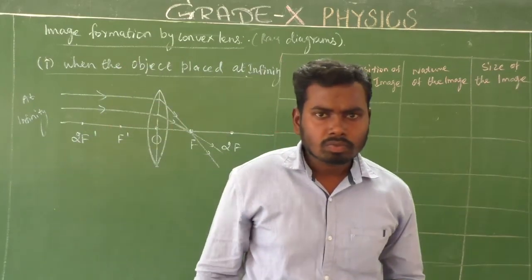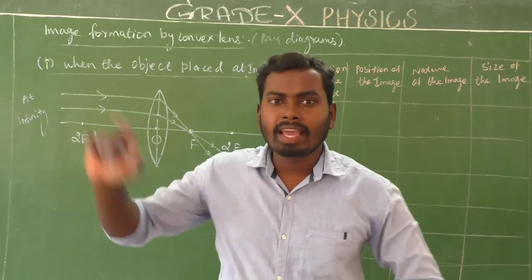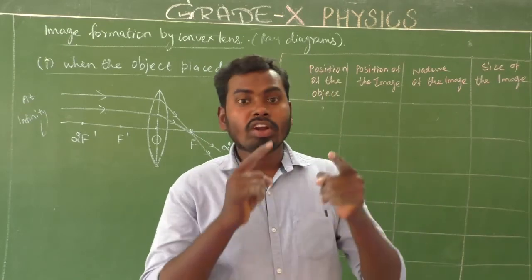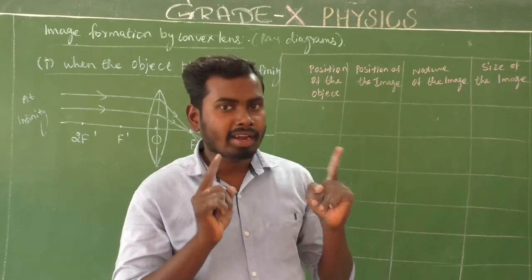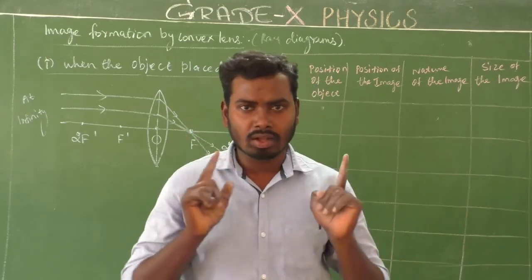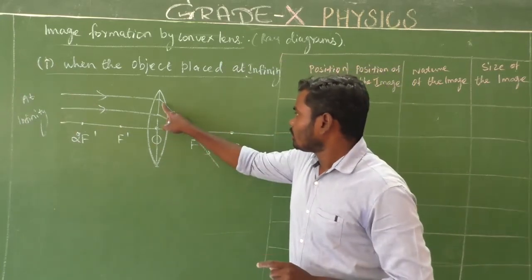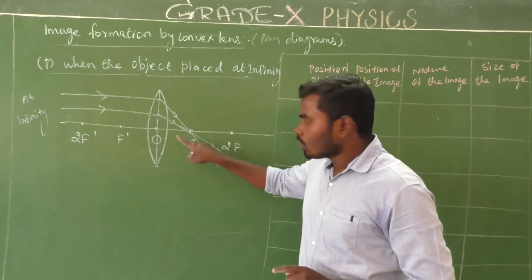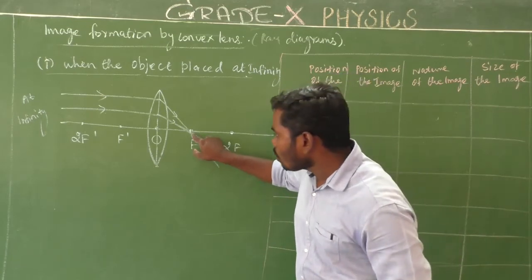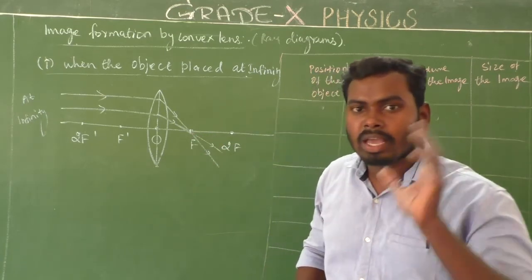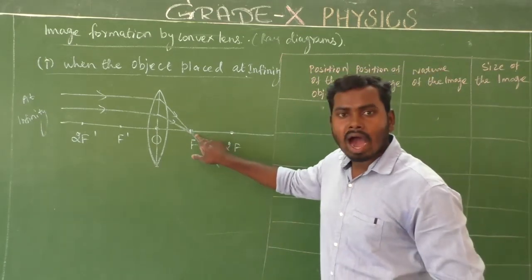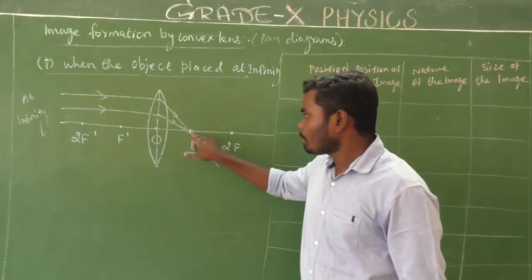So already we know the rule. What is the rule to form an image? An image is formed where two refracted rays intersect together, or meet together, or converge together. Okay, there will be image formation. Is it clear? So these are refracted rays. Both are refracted rays. These refracted rays meet at a point on the focus. So where will the image be formed? At focus. Here, the image is formed at focus. Is it clear?